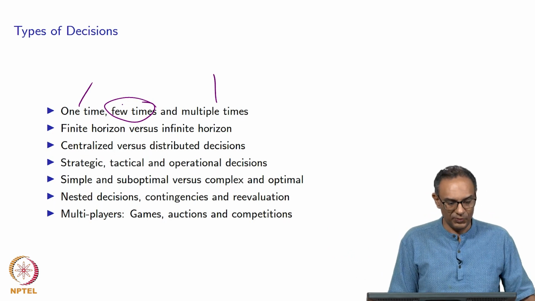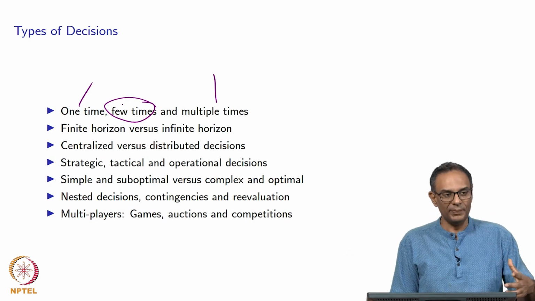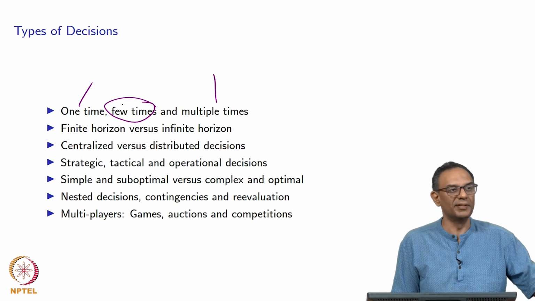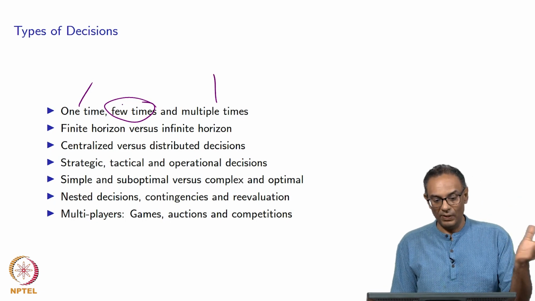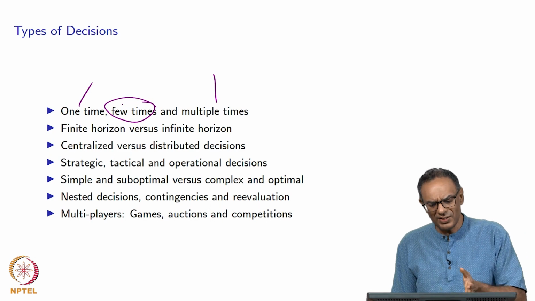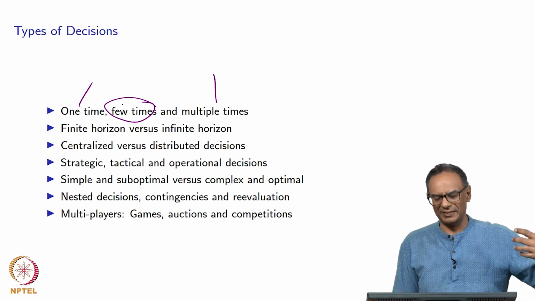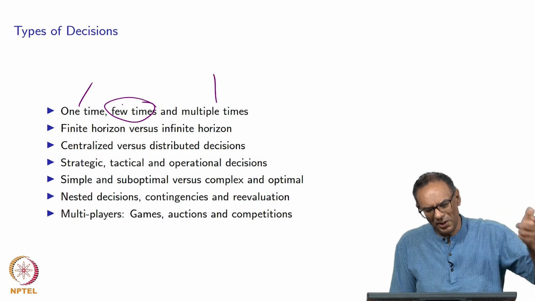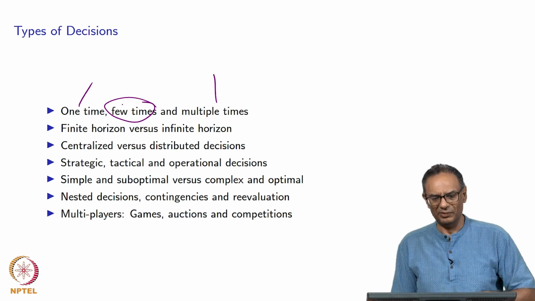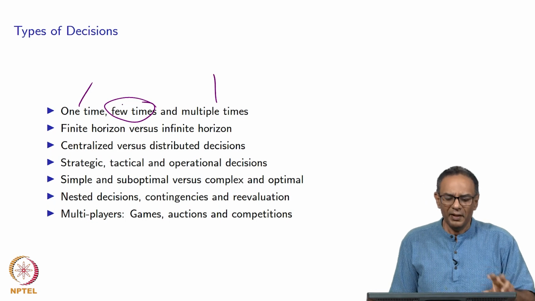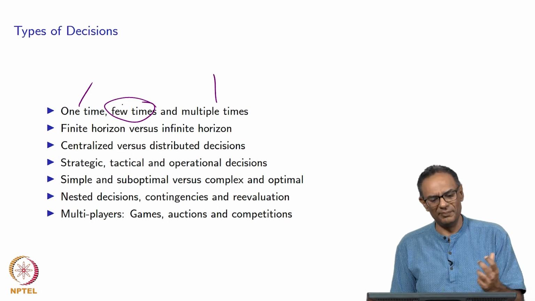But a one-time decision would be you toss a coin. Heads would mean I am deciding to bat, or I'm deciding to bowl. So that's a one-time decision. And there are also some other multiple decisions, like when the decisions are a lot, like if you're looking at ball by ball in a test match, where you want to bowl as a bowler, it could be that's a multiple type of decision.